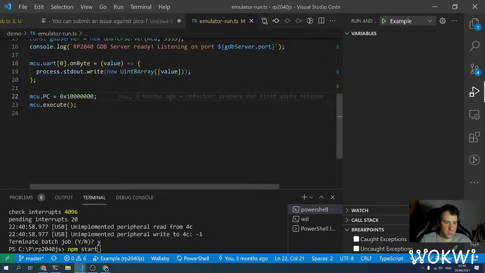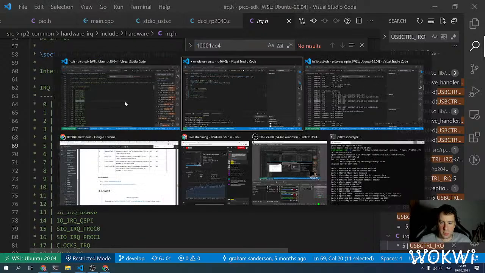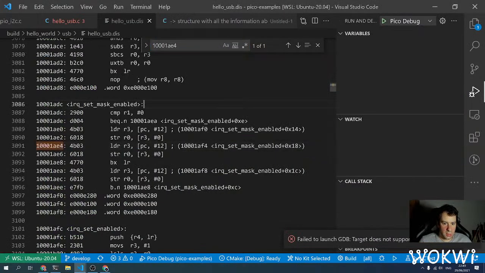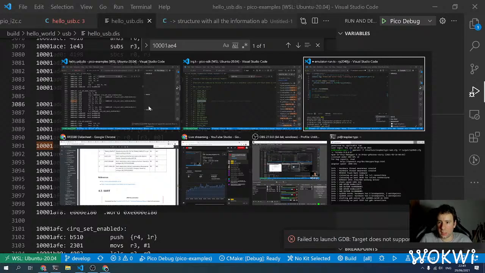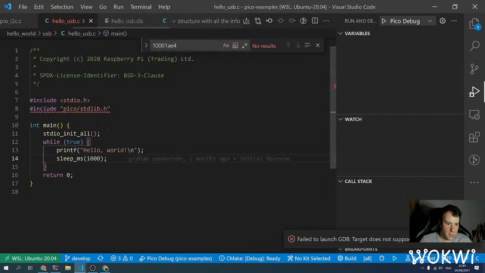So we'll do this. We need a breakpoint at this address, and also first of all we need to break in this USB init. So when it sets up the USB controller,